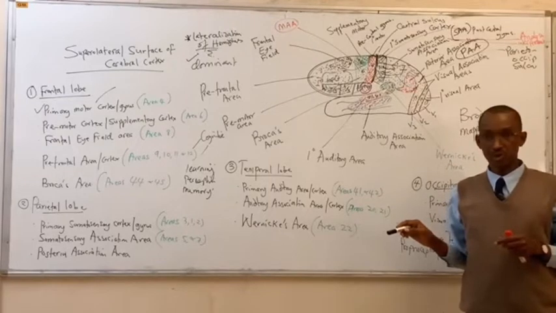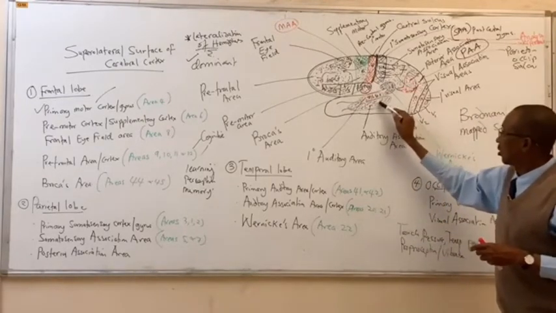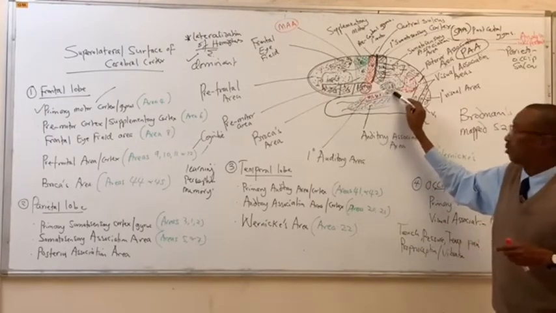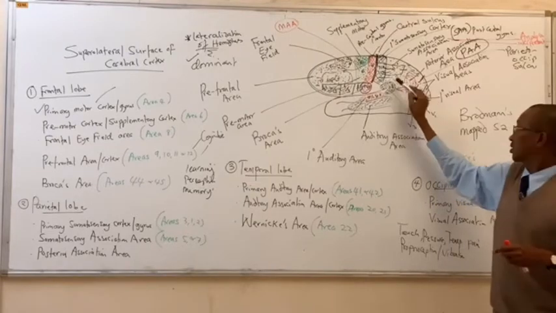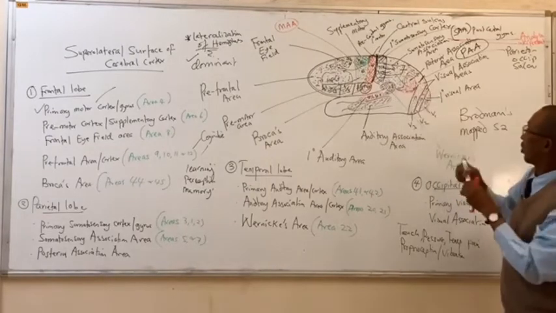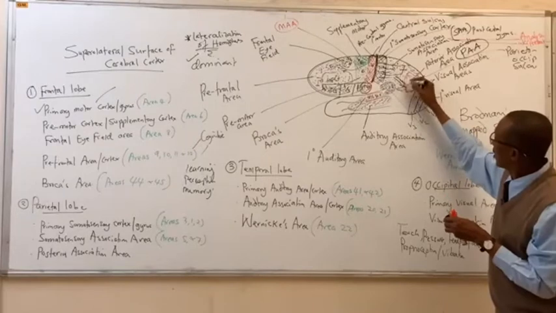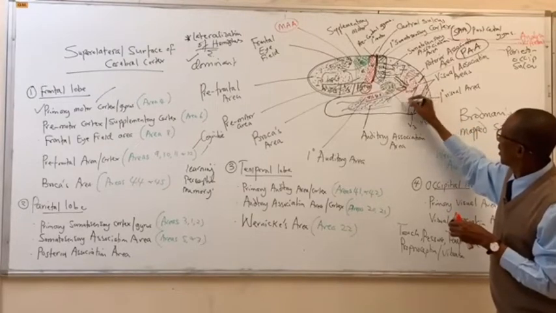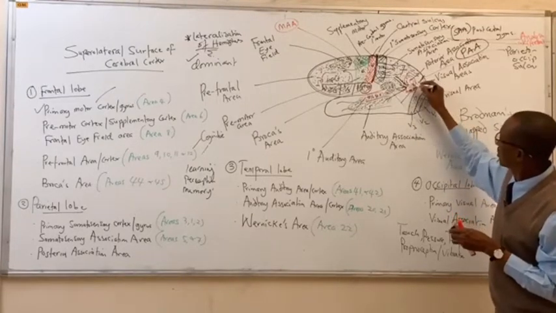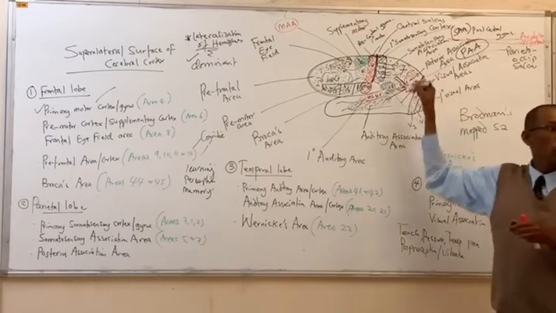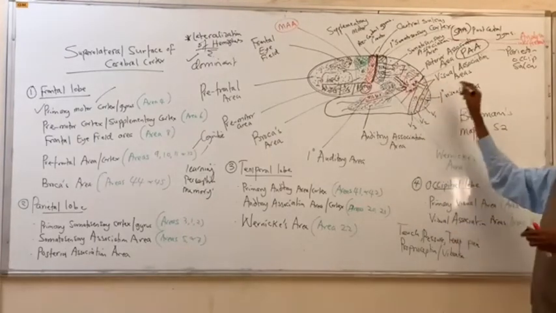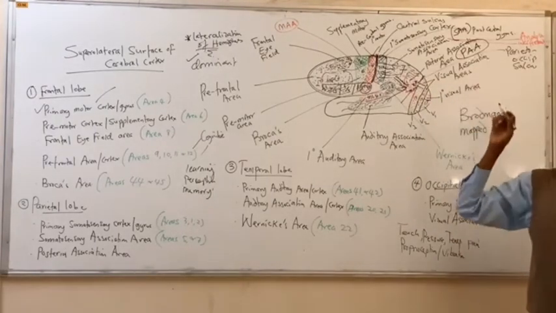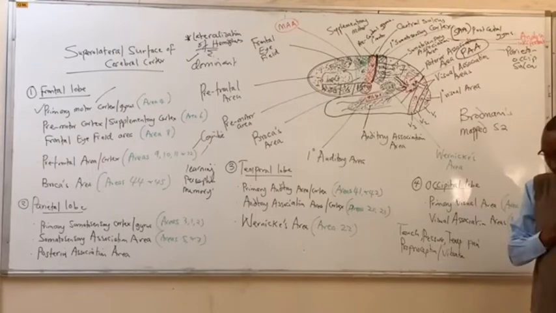It means that sensation coming from the temporal lobe may pull here, sensation from the parietal lobe may also pull here, and also sensation from the occipital lobe will also pull here. And this is what we call the posterior association area. What is the meaning of this? That means